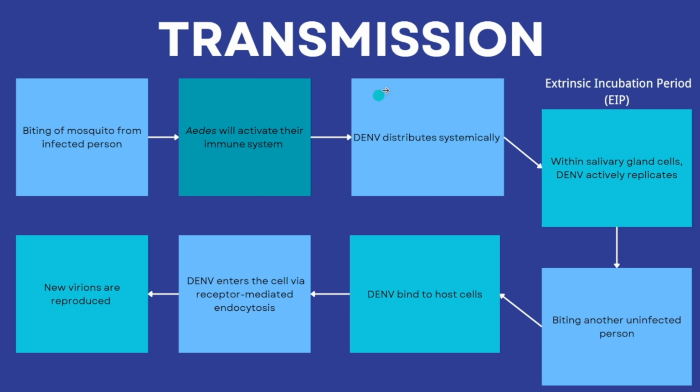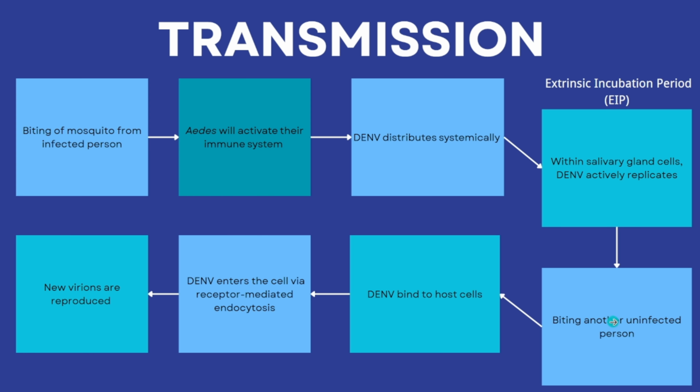Meaning that the virus starts to distribute throughout the mosquito's body. Finally, it will go to the salivary gland cell, which is the extrinsic incubation period. The virus starts to replicate and mature, ready to transmit. So in the salivary gland cell, the dengue virus reproduces in large amounts and is ready to be transmitted. So when this mosquito containing dengue virus bites an uninfected, healthy person,